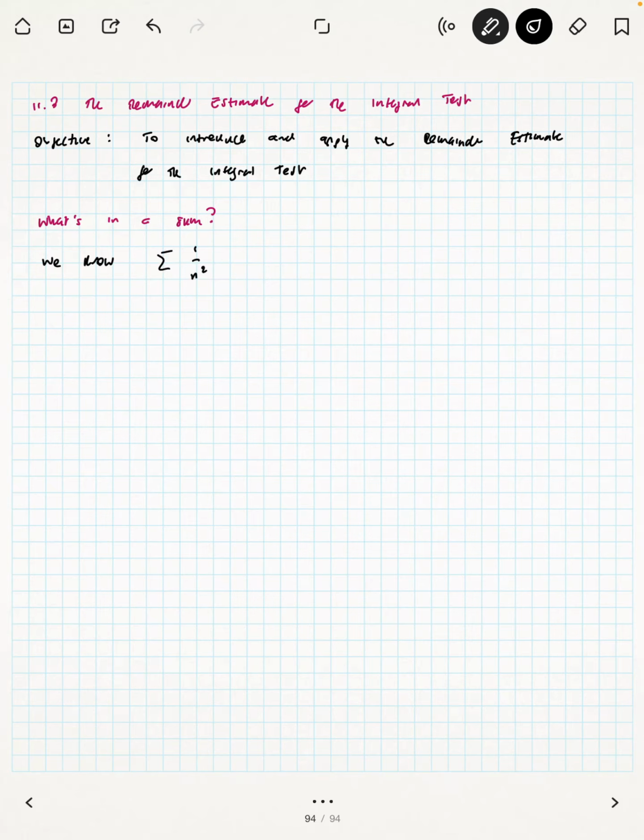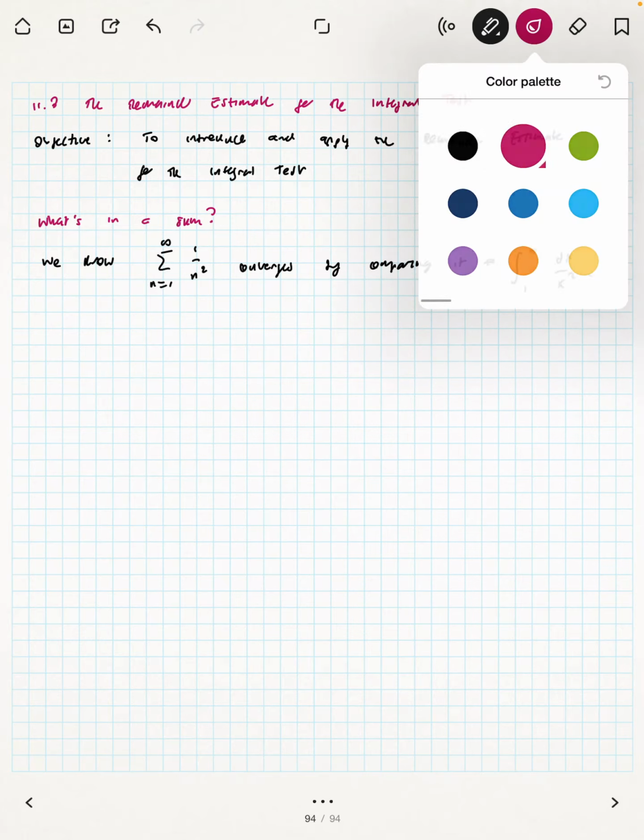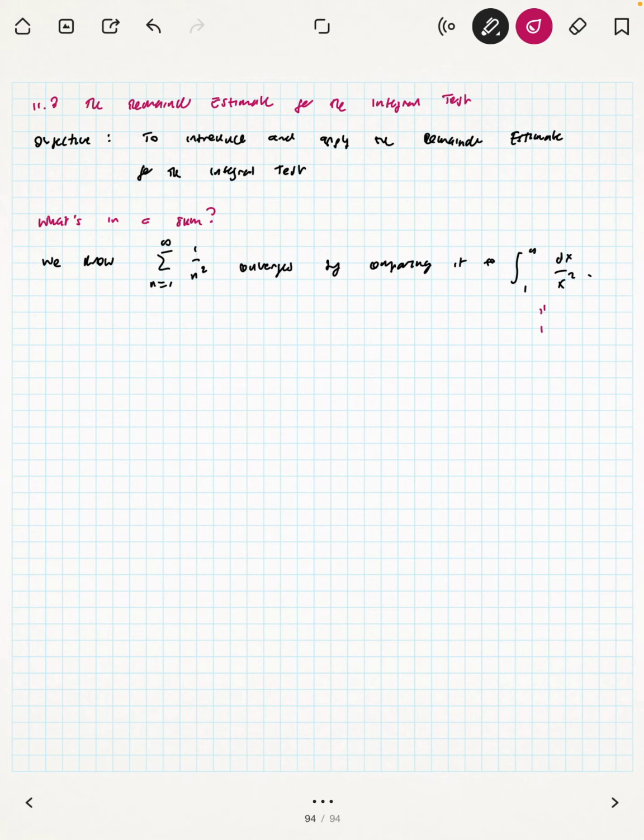So we know that the series of the inverse of squares converges by comparing it to the improper integral from 1 to infinity of dx over x squared. But this integral